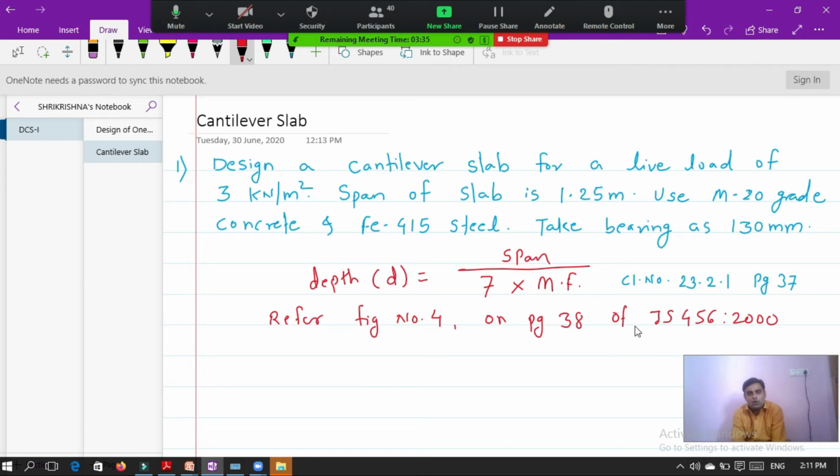Simultaneously with me, you copy down the notes. These are very important points. So now from this we can calculate the depth.